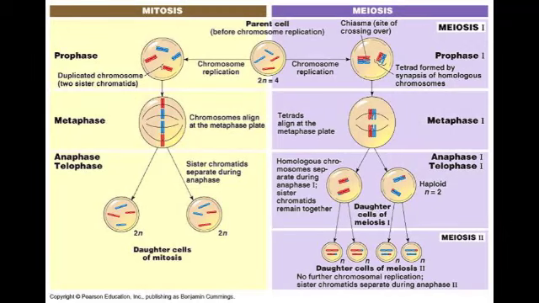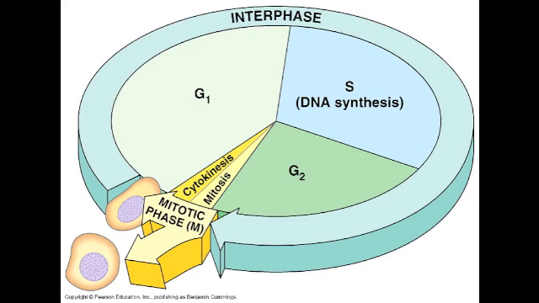Mitosis and meiosis are two possible ways that a cell can divide during the cell cycle. The cell cycle can be broken down into three main events: interphase, cell division, and cytokinesis. Interphase, the longest of the three events, has three sections: 1, the first gap; 2, the synthesis of DNA; and 3, the second gap. The stage next in the cell cycle is cell division.